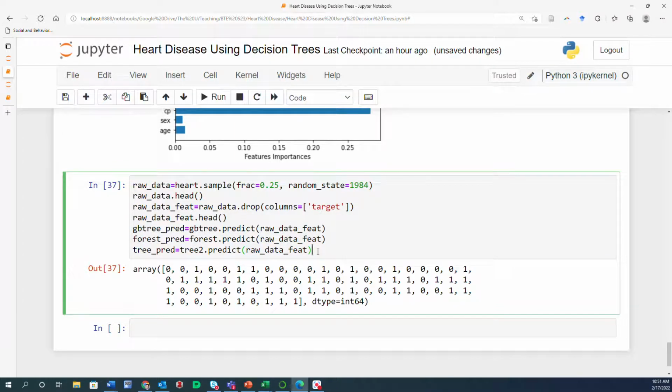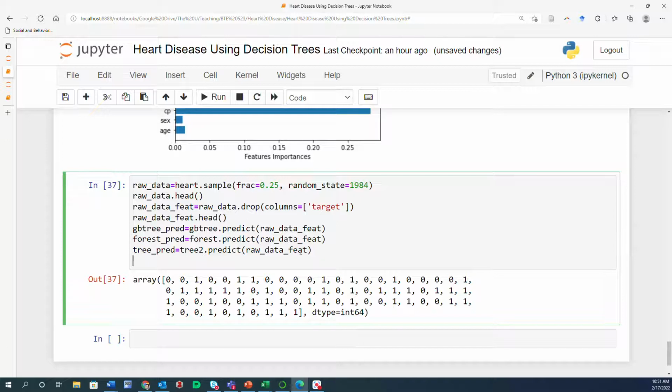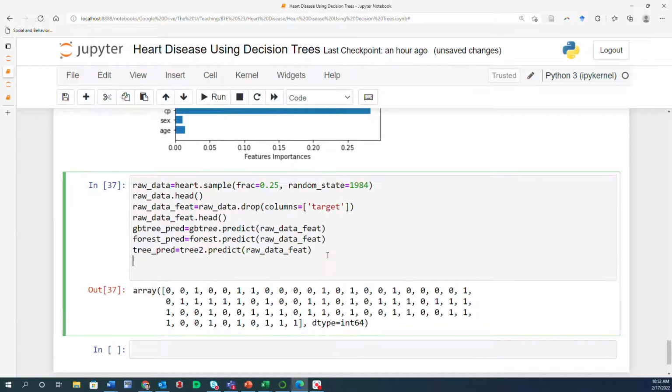Now, what I have to do is to go and put them back at the very end of the original data set that I had, right? So the original data set is this raw data, right? I want to add these as 3 new columns at the very end of my data set. And that is very, very easy. I am going to say that the original data set is going to have 1 new column, and I call this column, say, gradient